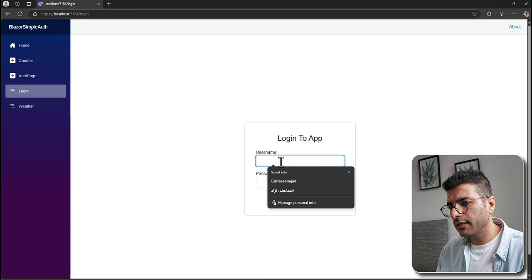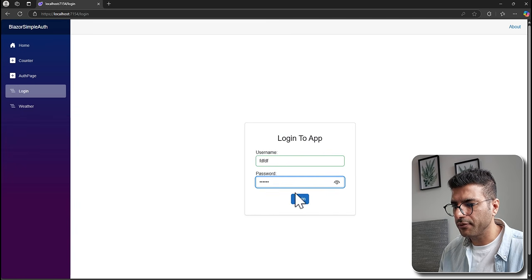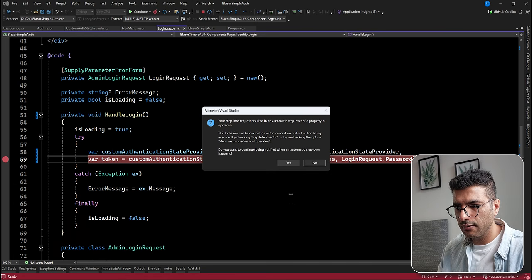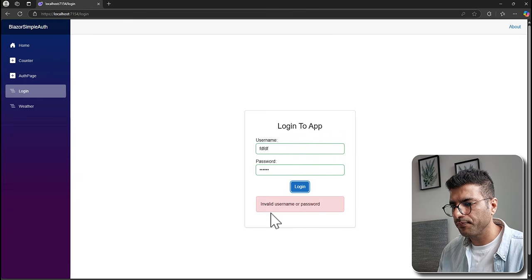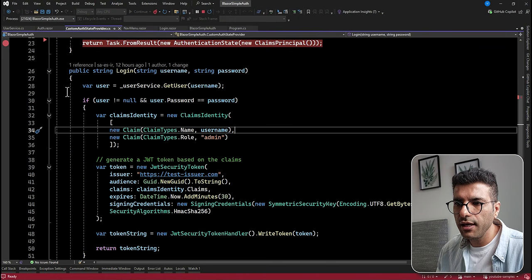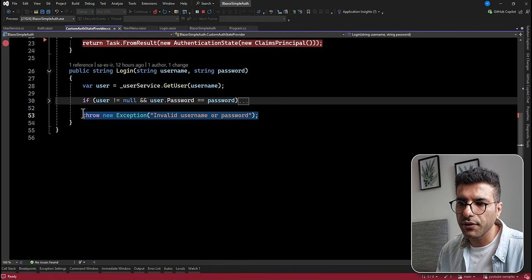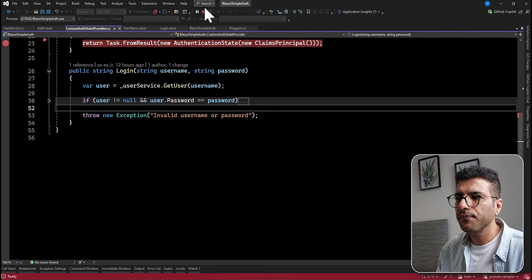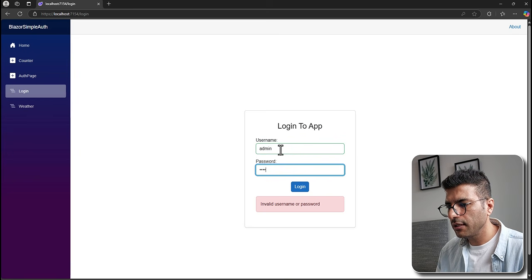As I said, I'm going to put something wrong here, not admin, and then it's going to go for login. Yeah, invalid username or password. Okay, so that's fine. It is going here. User is not correct, and then it will throw an exception, invalid user. Nice. And then if I just write admin, admin,